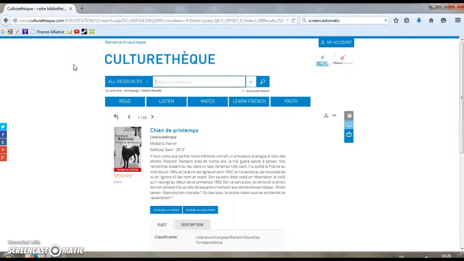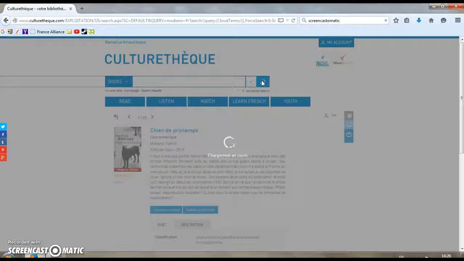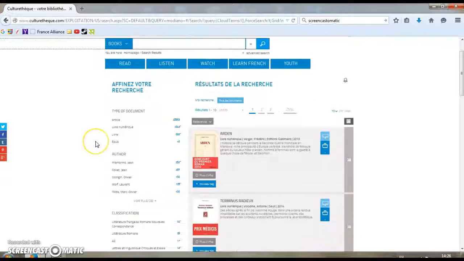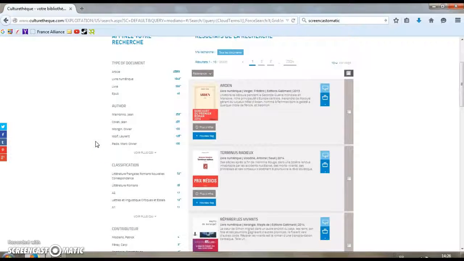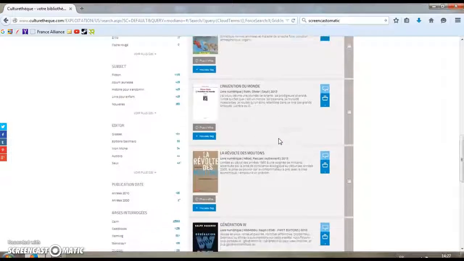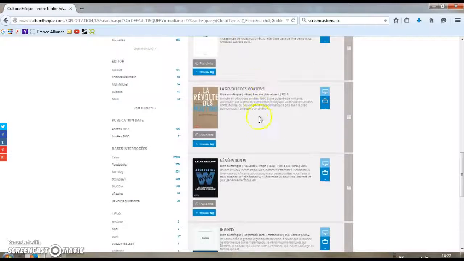if you don't have any particular author in mind, well, you just click here on the left part on books. You won't type in anything here, you just click on the button on the right part, and you will have displayed all the books Culturethèque has to offer. For example, Ardennes by Frédéric Verger. So you can just browse through the catalog, see what interests you, just as it appears